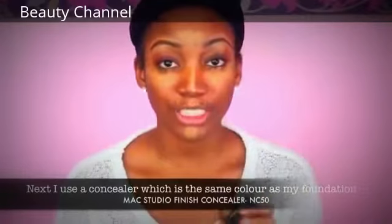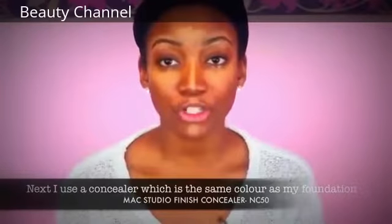And basically what I'm going to do is lightly contour my nose. So lightly my forehead, I do this, apply some of this, and I bring it down so it joins together like so. Then what I'm going to do is put a little bit under my eyes, and I'm probably looking like something out of Avatar, but don't worry, we're going to get rid of this soon. So I do a little bit of this and above my Cupid's bow, and just a tiny bit there. My foundation colour, which is NC50, and this is also Studio Finish Concealer, and I just take a little bit,